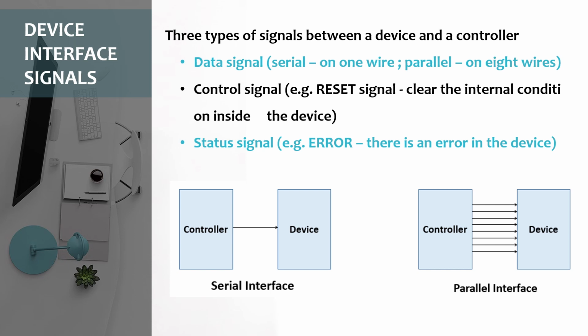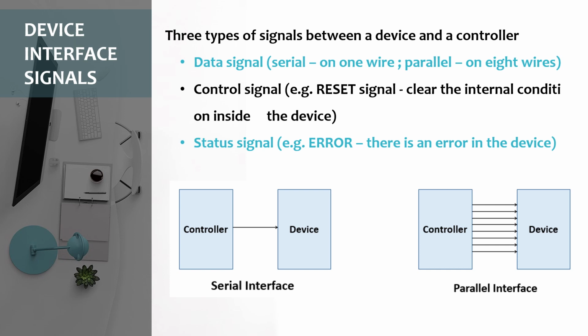When you reset something, you are performing some operation, but because of some reason it is not going to execute perfectly. In that case, what you do, you just give the reset signal. So the reset signal asks the device to get reset, that is, to clear the internal condition inside the device. So ultimately what I am doing, I am controlling my data, I'm controlling my operation, right? So this is one thing.